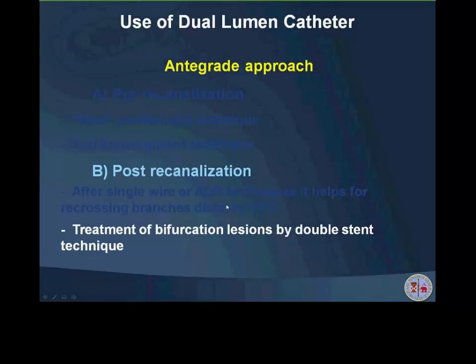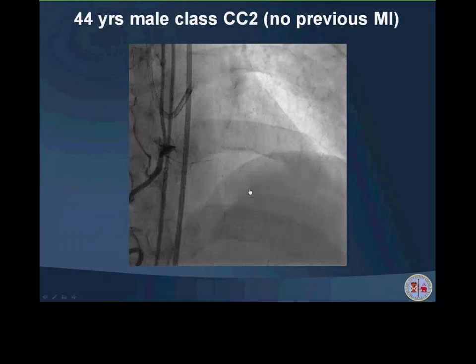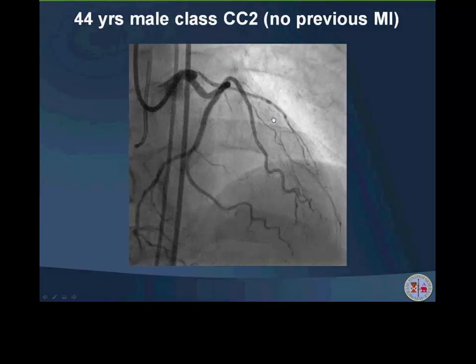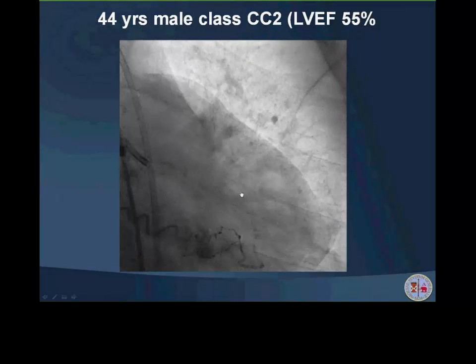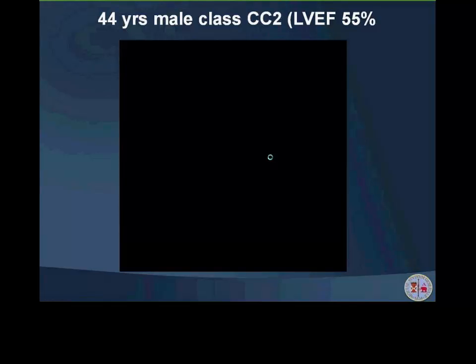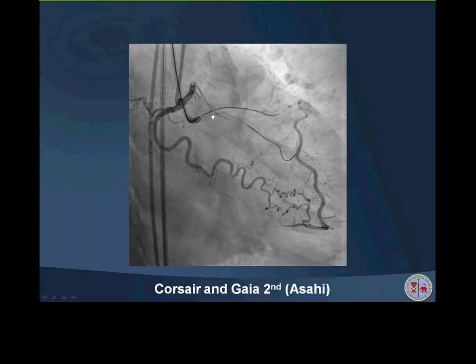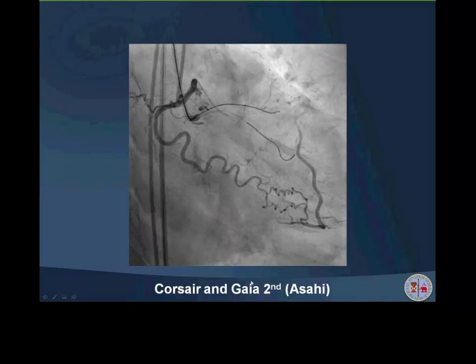Wonderful. Then, of course, another issue is the treatment of bifurcation lesion by double stenting. This is something that we are using more and more when we have a bifurcation, like in a situation like that of a LAD lesion, where we would like to gain both branches. This is a typical situation where a young guy, 44 years old, needs both branches open. And of course, this was done with an antegrade attempt in this situation by Coronary and Gaia,